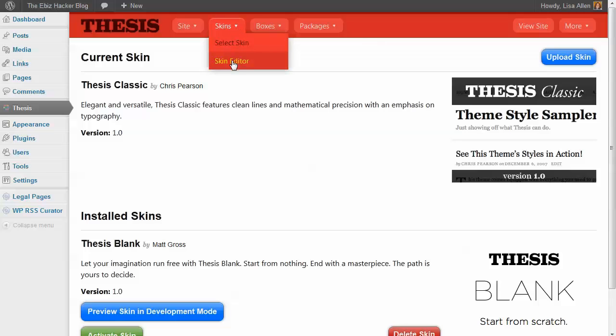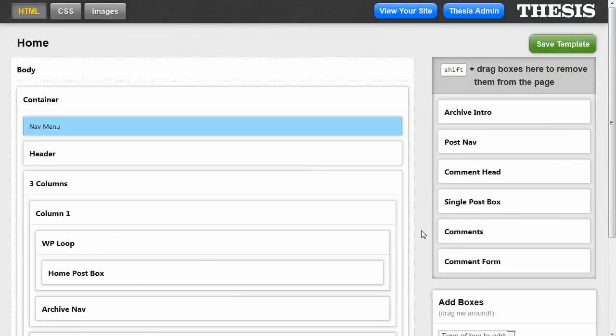So I'm just going to go into the skin editor, and basically what you're looking at here is a block manager. If you don't know what a block manager is, it means that you have little pieces that you can drag and drop and put where you want them. So if you look here at the initial setup, you've got a body section, and inside it you have a container, and in that container you have at the top a nav menu, your header, and then you've got another section that has 3 columns, and then inside that, nested, you have space for the